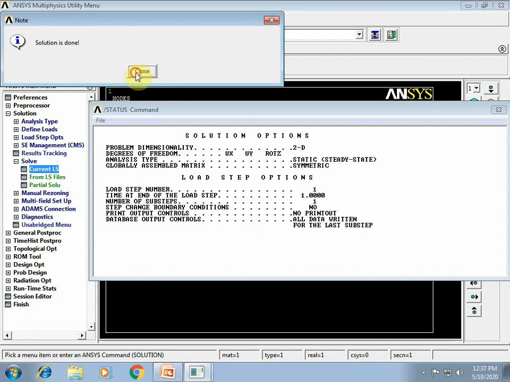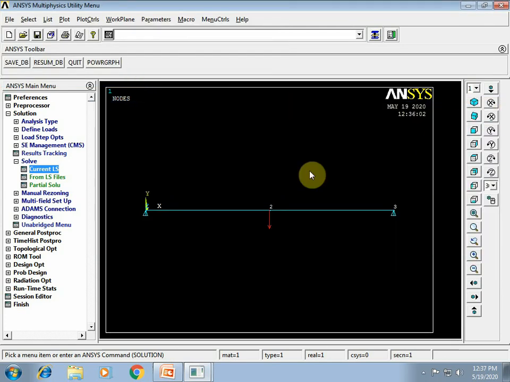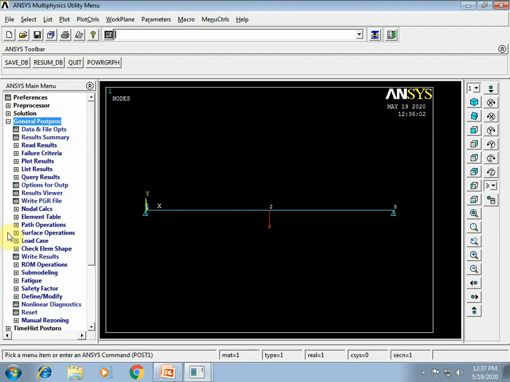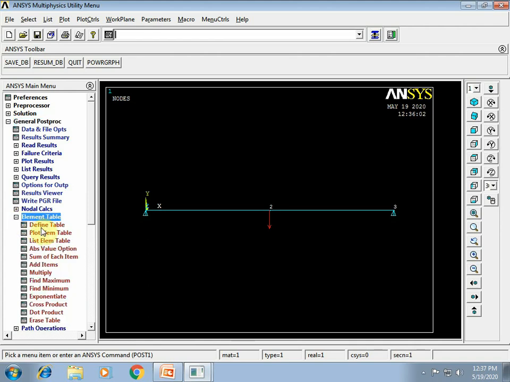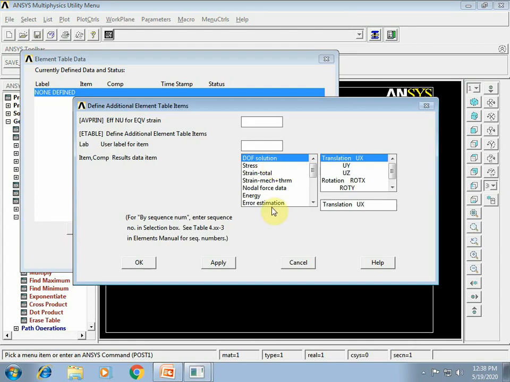So solution is done. Now you can view the result, that is SFD and BMD. Go for general post processor. If you want to view the SFD and BMD, you need to create an element table, that is say define table, add. So in this you need to select the last option, that is by sequence number. In this you need to select the first option, that is SMISC.